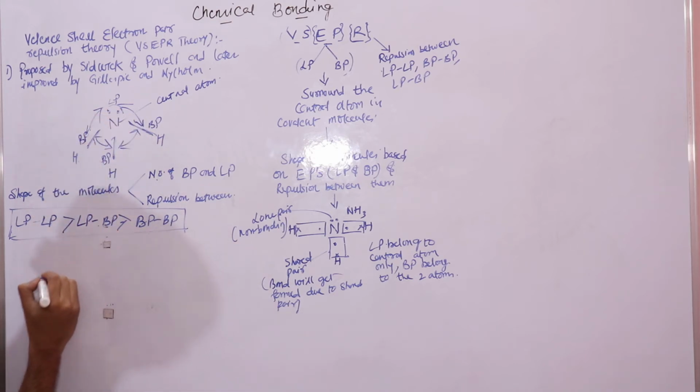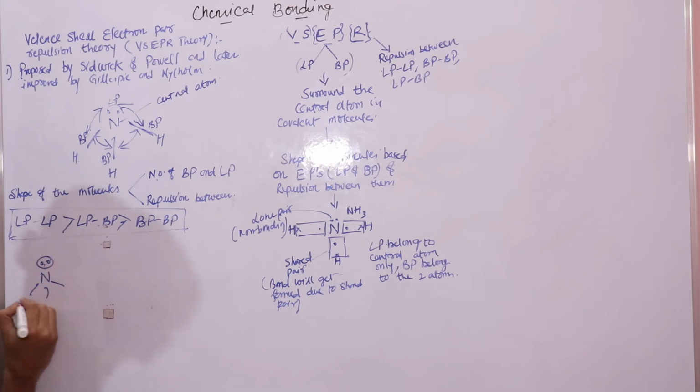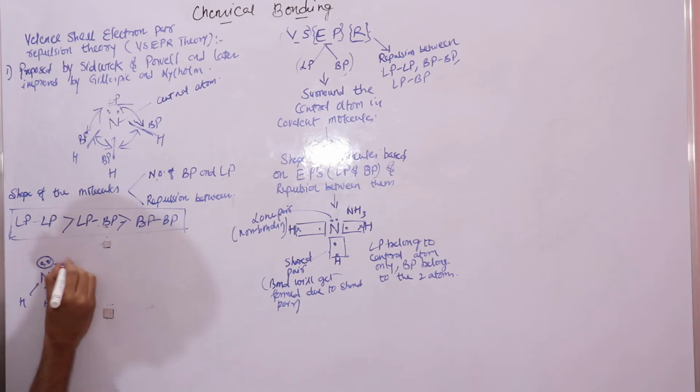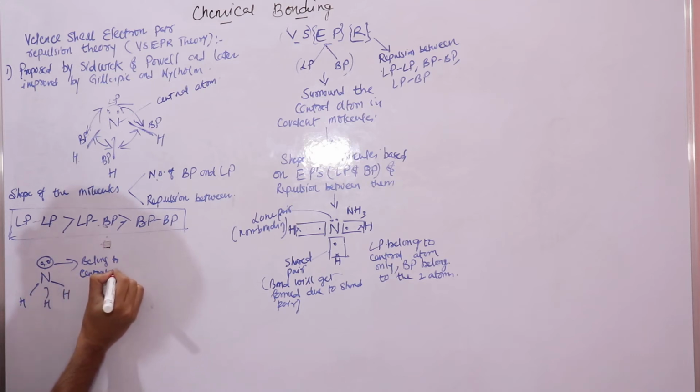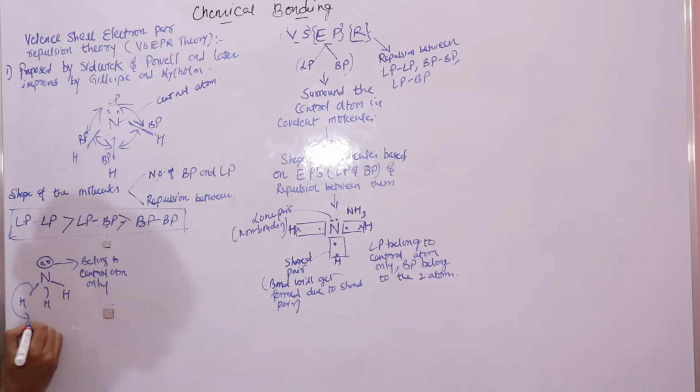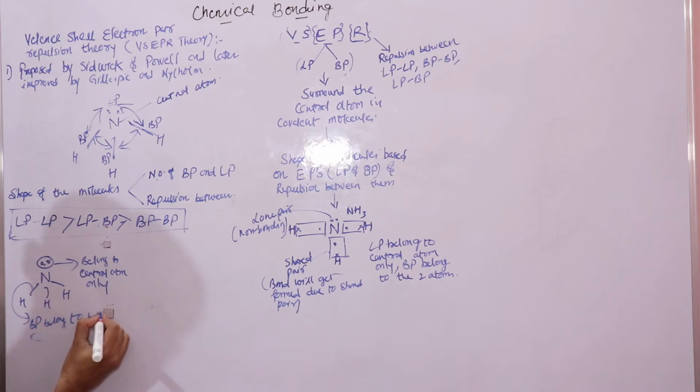This lone pair of electrons, this nitrogen has one lone pair, right? This lone pair of electrons belongs to the central atom only, right? And this bond pair belongs to both the atoms. It belongs to both the atoms,